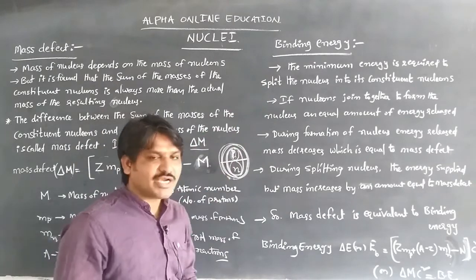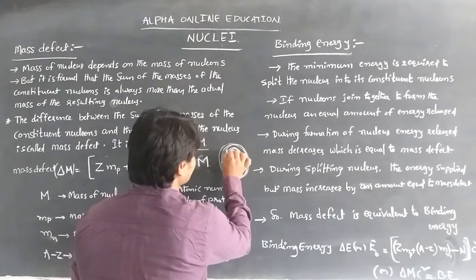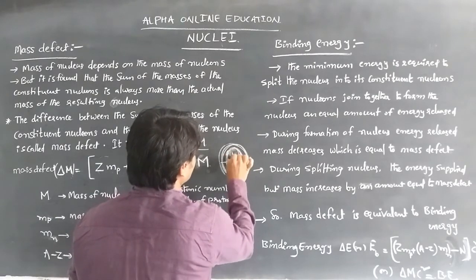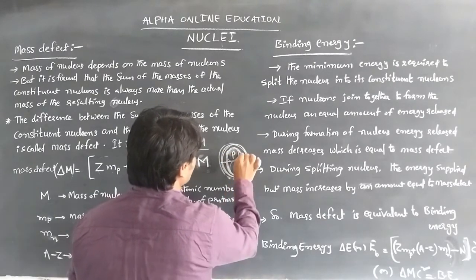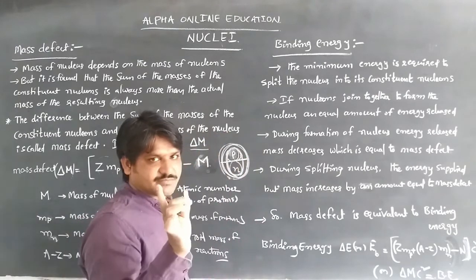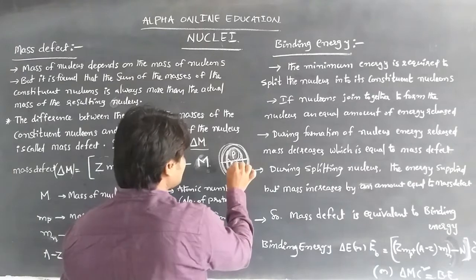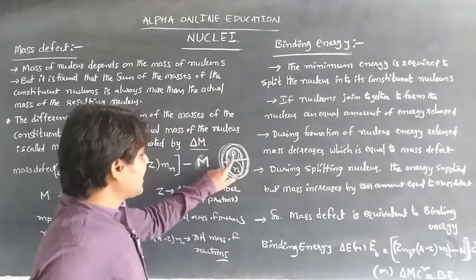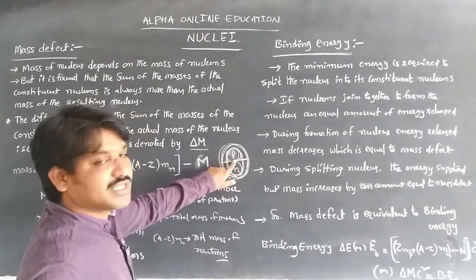If the protons and neutrons join together to form the nucleus, an equal amount of energy is released. The energy is released during the formation of the nucleus, so that the mass